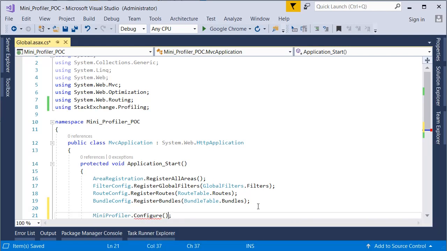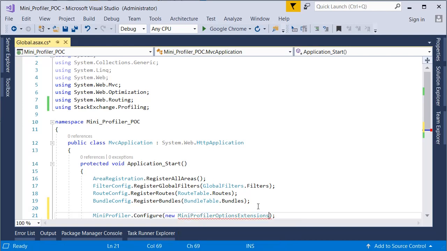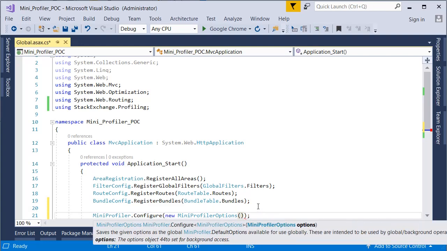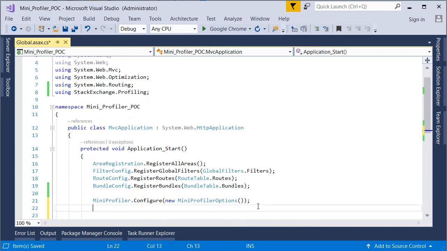Here I will be adding the mini profiler options. As we need to pass the options as a parameter, we are passing options as a parameter.